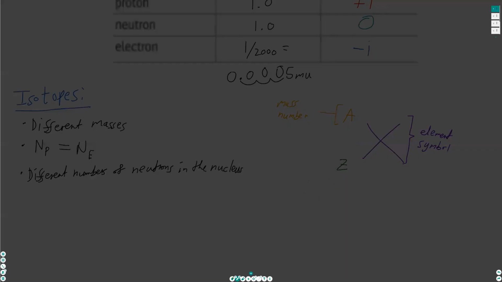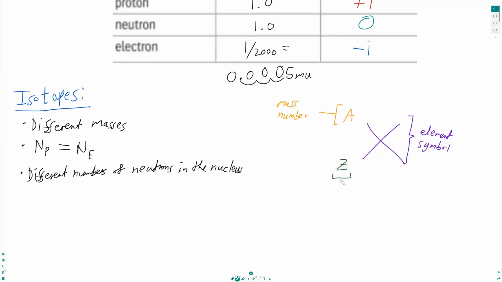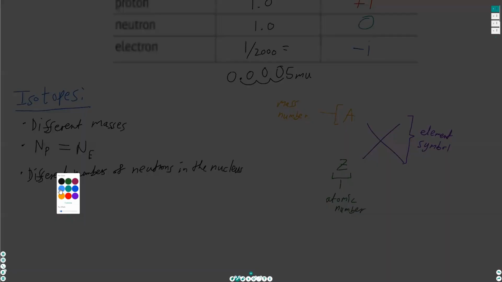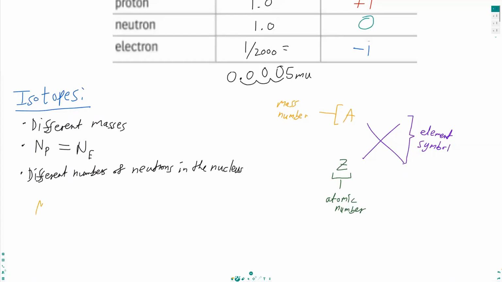The Z at the bottom here is what's known as the atomic number, or proton number in fact. Now, what do mass number and atomic number mean? Mass number,